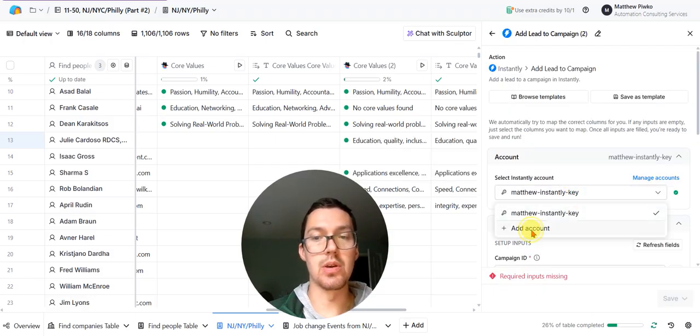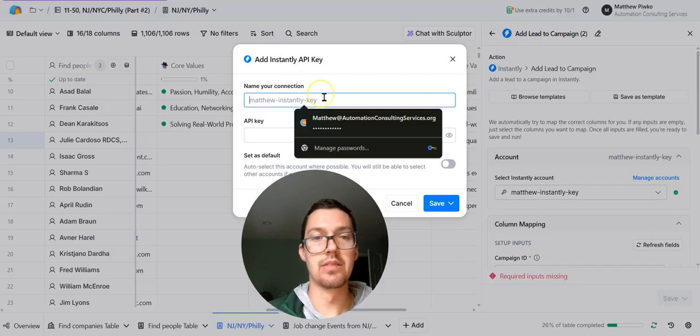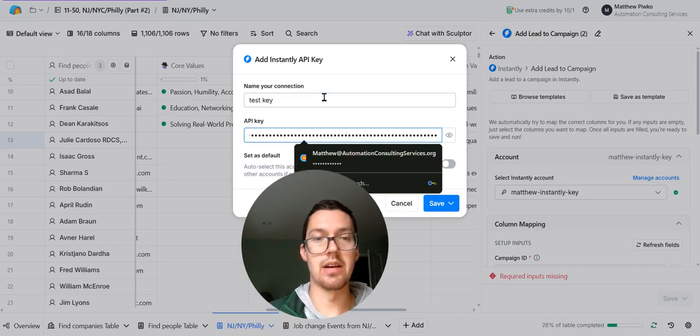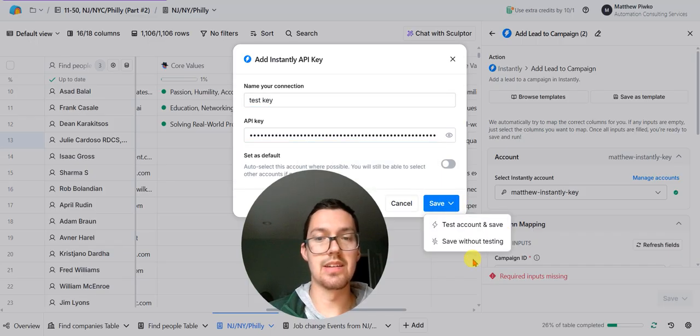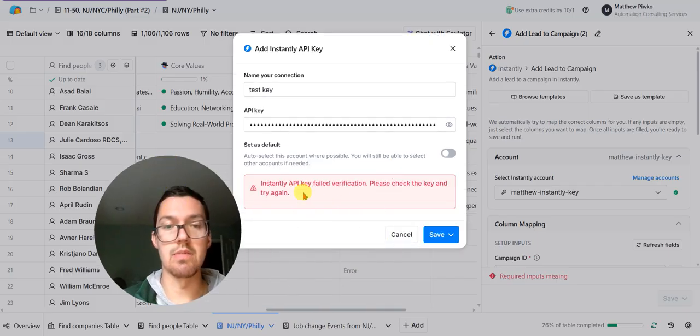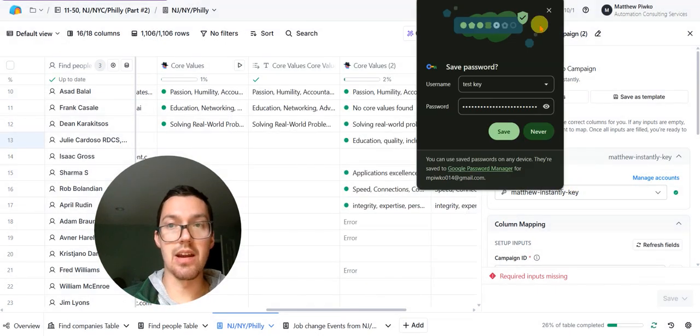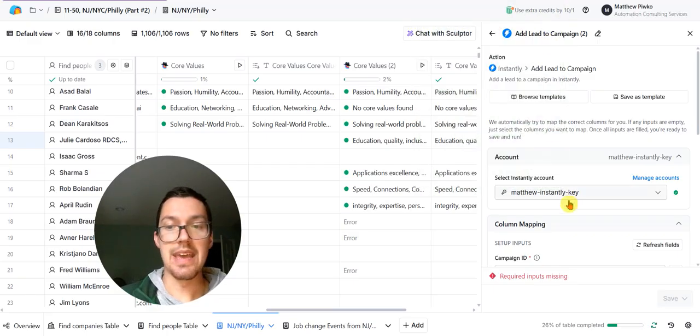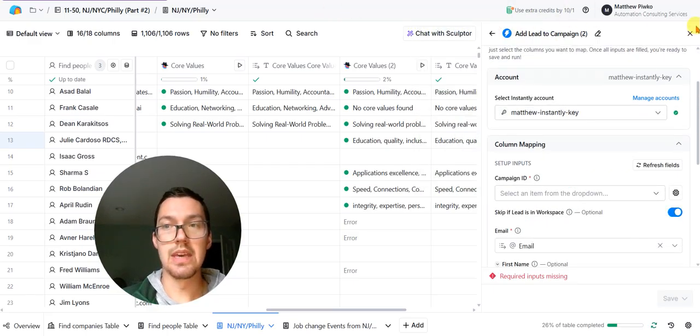I've already added mine, but you click add account, put in the name of your key. You can just call it test key. I pasted in my key, and then you click test account and save. This should break because I deleted the key, so the key doesn't exist. If it passes, then you will see that the key will be green here, and this should close out. And then you'll have your key there. But since I already have mine in, what we can do is